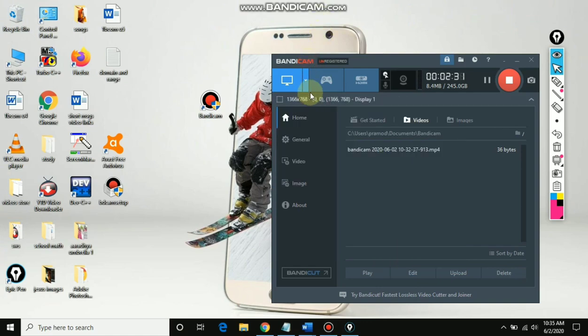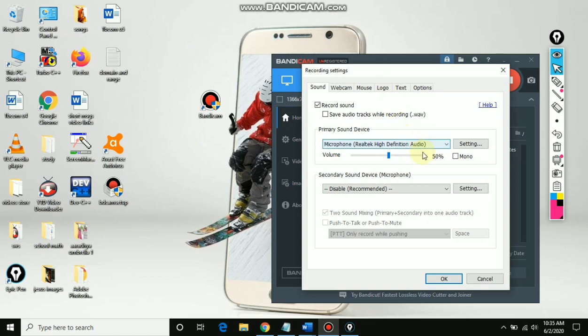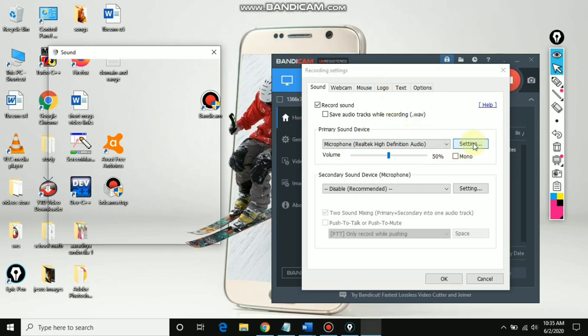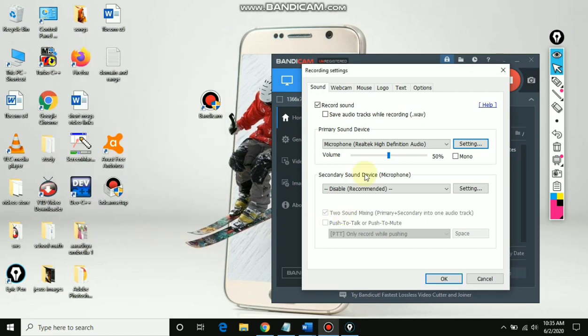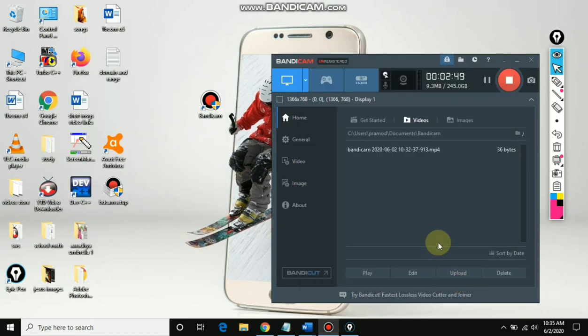And the second setting is audio settings. It is very important, we need to add the microphone. See here, just click over here on settings and click on microphone. Just click on OK. This is the second one, and click on OK. And the third one is, see here,